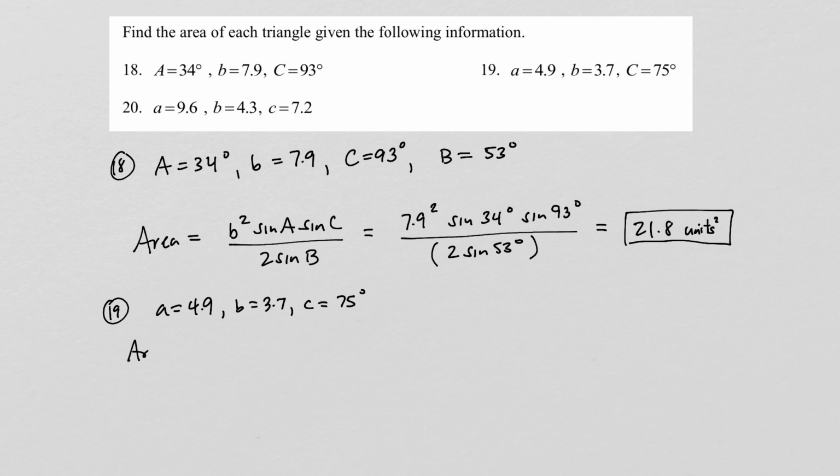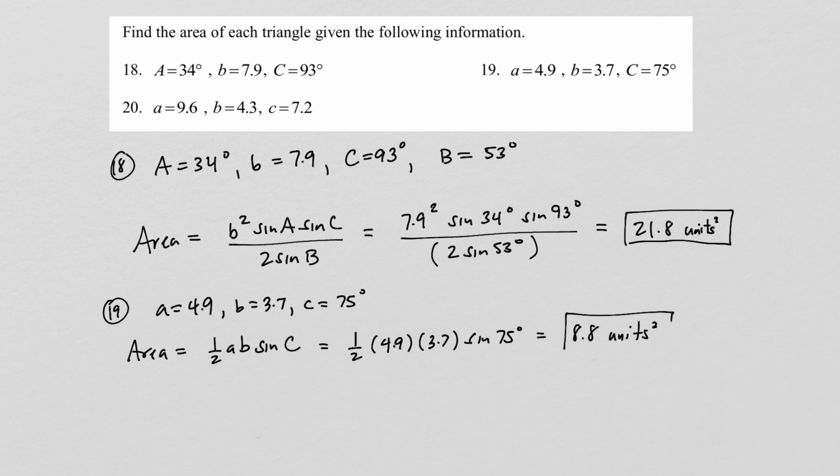And in this case, the area is simply 1/2 A times B times the sine of C. And so that is going to be 1/2 times 4.9 times 3.7 times the sine of 75 degrees. And again, we just need to plug this in carefully. This one's a little bit easier to plug in. But if we plug this in carefully, we should end up getting approximately 8.8. And again, this will be